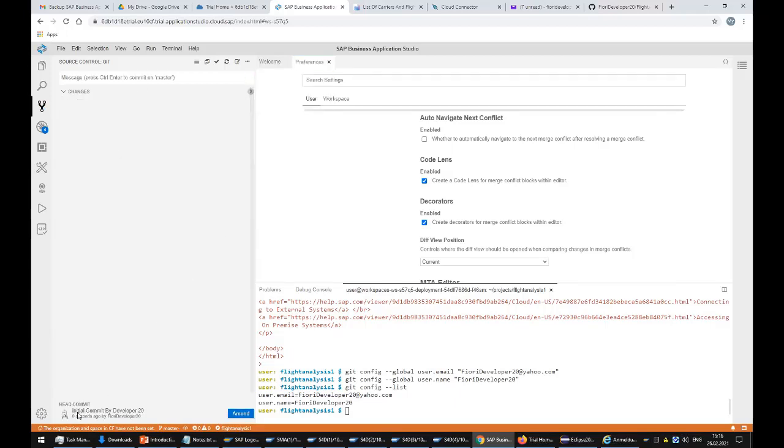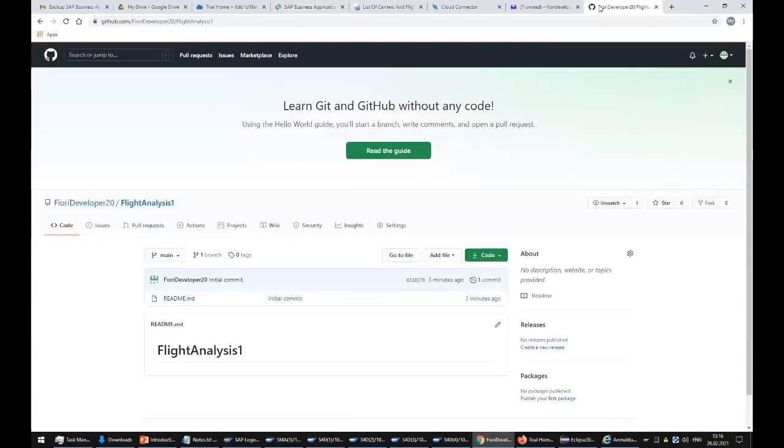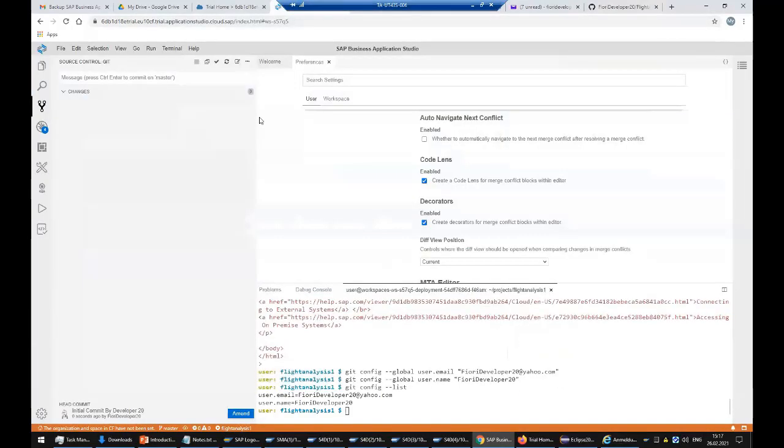And there we go. Notice at the bottom, initial commit by developer 20. That commits them to the local Git repository that is part of the dev space that has been spun up here. But what we now want to do is put them out here so some other developer can then collaborate. So for that,